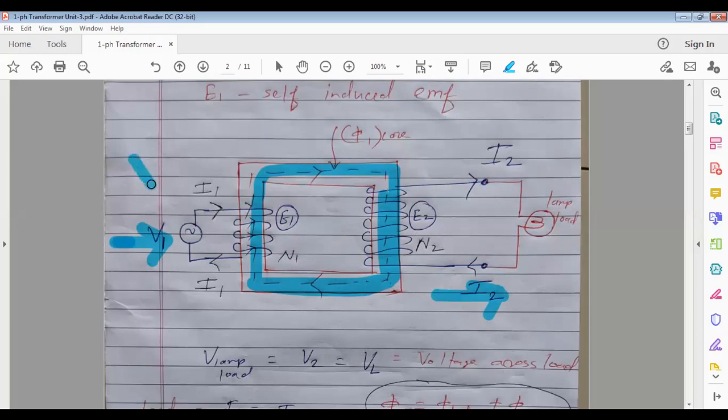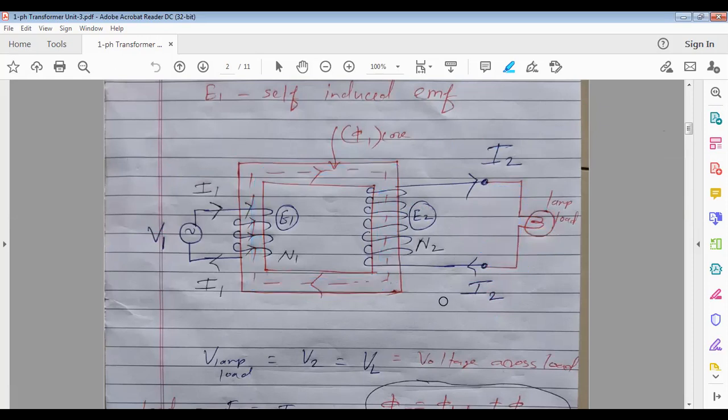Voltage frequency on primary and on secondary is the same, you will find. Suppose it's 50 hertz on primary, so on secondary side also this E2, its frequency you will find is 50 hertz. If you connect a voltmeter across this lamp, you will get voltage across the lamp, isn't it? So whatever is the voltage across the lamp, its frequency also will be 50 hertz. Okay, so it's a static device. It works on Faraday's law of electromagnetic induction.